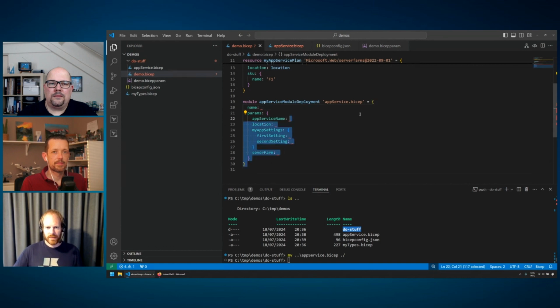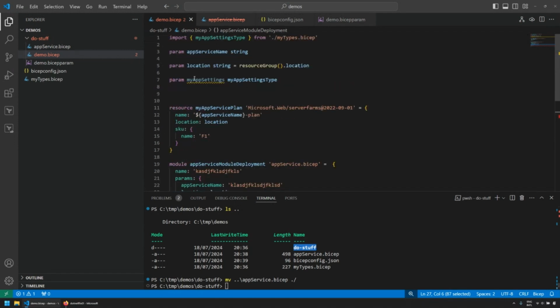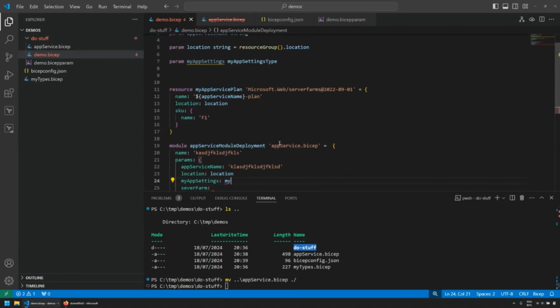I think I did a thing. Yeah, there you go. So this needs to be a string, and this needs to be a string. So I'm now using a custom type. Going to my module, instead of specifying the values, I can also, of course, provide my app settings because it's the same type.